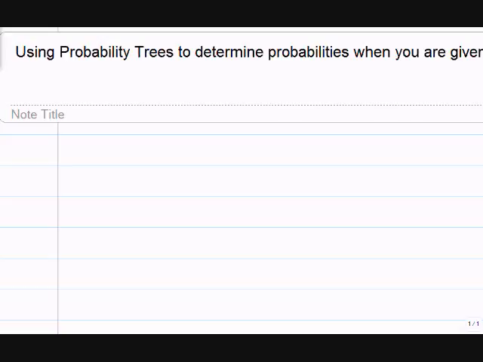Okay, so we're gonna use probability trees to determine probabilities when you are given